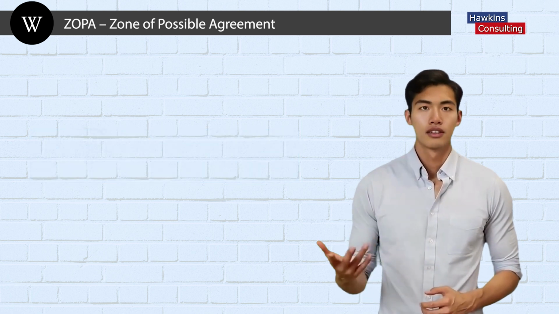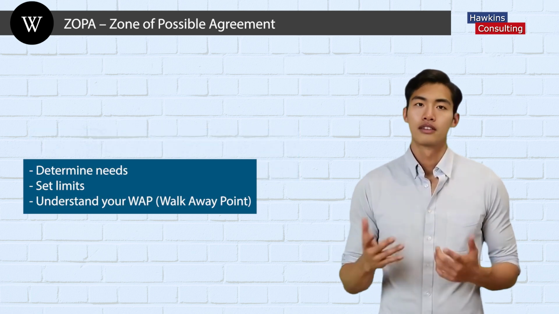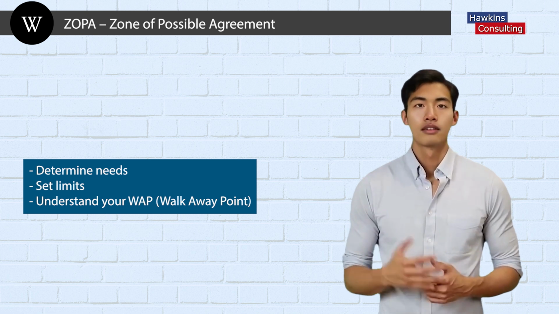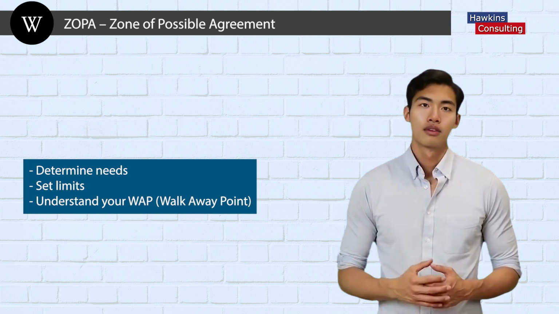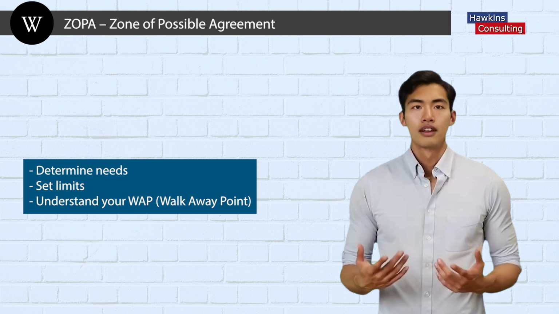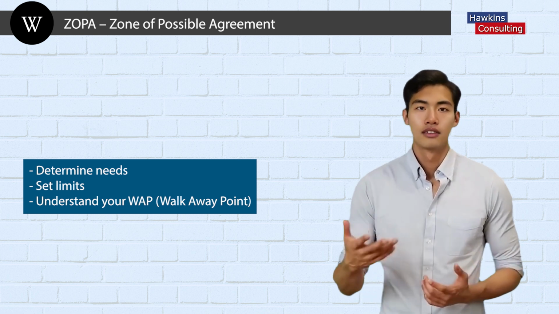Identifying the ZOPA involves several steps. First, determine your own needs and limits. This includes understanding your walkaway point, WAP, which is the minimum acceptable outcome you're willing to accept before walking away